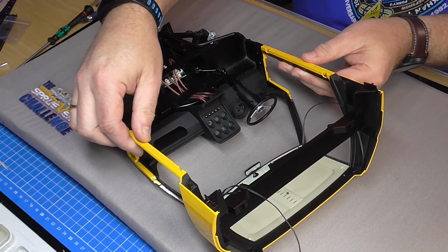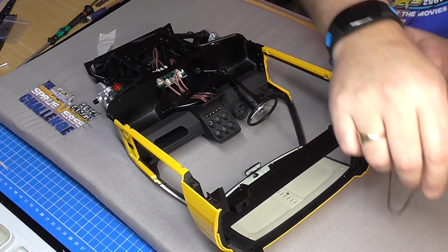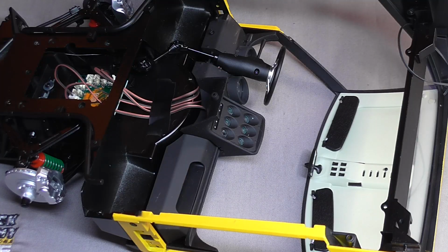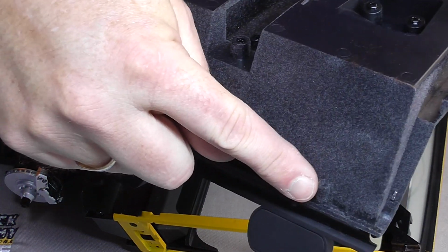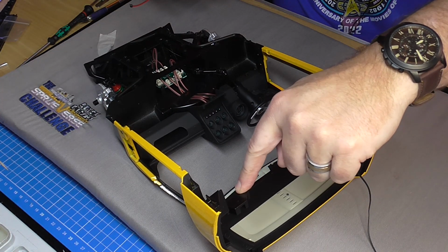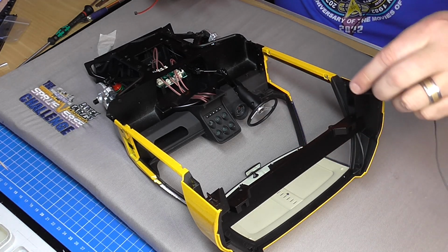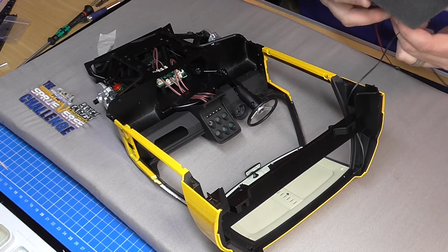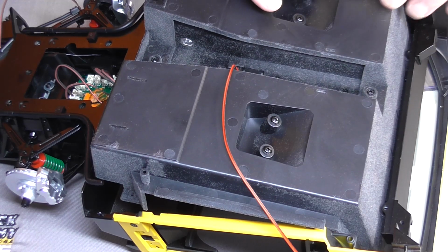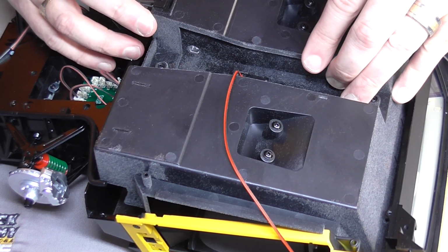Okay, I now need to get the interior cockpit. We haven't actually connected this wire yet, just so you know. And if you remember that, looks just like this. If I just turn this upside down, this time it's these connections here which I'm interested in, because they're going to be going into the holes that we've got just at the back here and here. Just going to keep this lead out the way again while I get this in. Sort of fits in at an angle there, so that bit's underneath, and then we can just drop it into the front here,